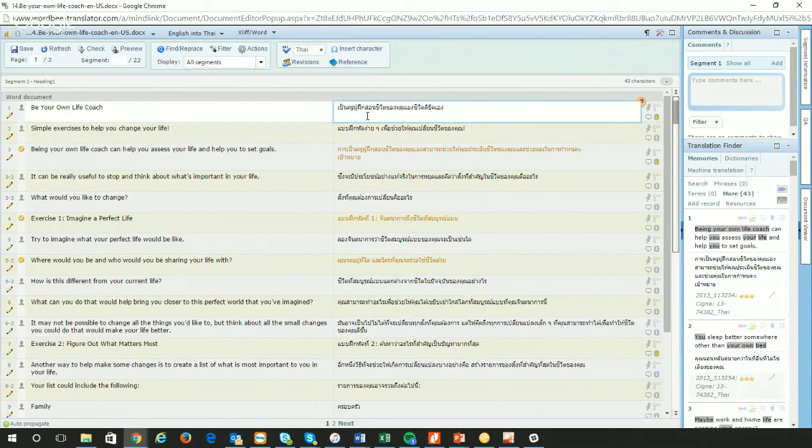So if you're using WordBee, the point of a computer-aided translation tool is that it provides you tools that you can use to help while you're translating and also while you're proofreading. So on this document, the first thing I would do if I was coming into this to proofread is run a quality check. And here's a little check.